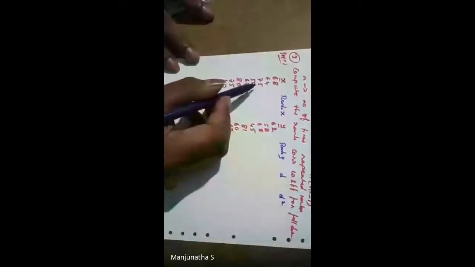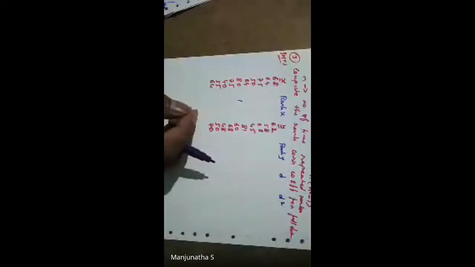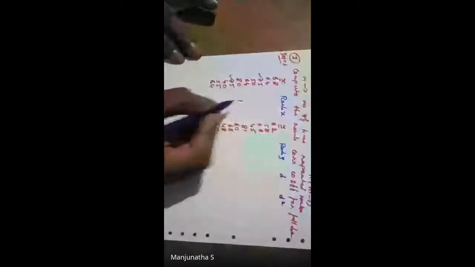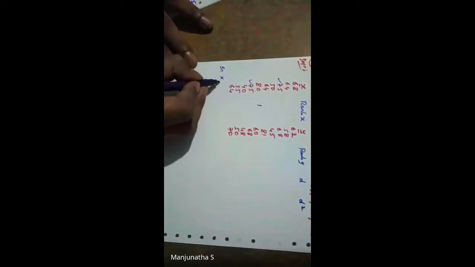So who scored highest? 80. So he is 1. Then next to 80, 75 is there two times, sir. Yes, here and here. So in X, 75 is repeated for rank number 2 and 3. Correct. So that is the number of times, that is, m is equal to 2.